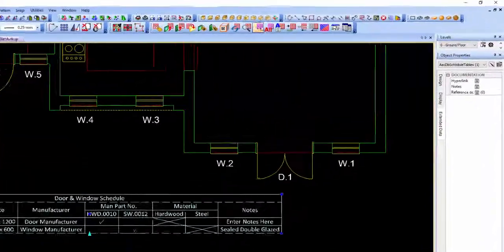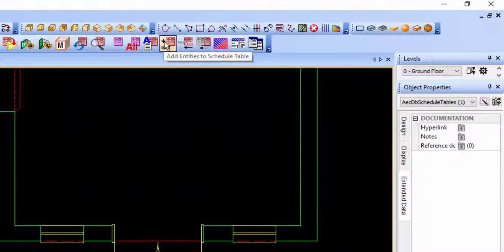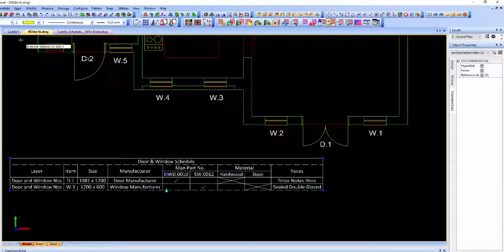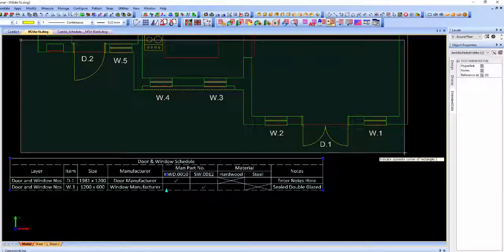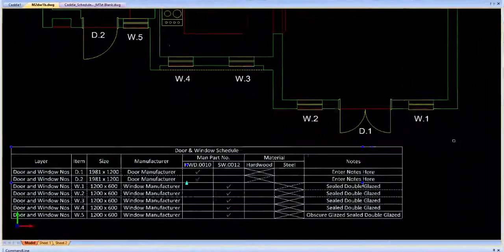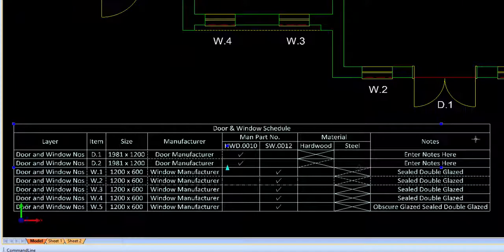and then it's simply a matter of adding those pieces of text to our schedule, which we do by selecting our text, going to the add entries to the schedule table, and then I can just draw a rectangle around there to select all the objects, and you'll see that it will automatically add them in to our schedule